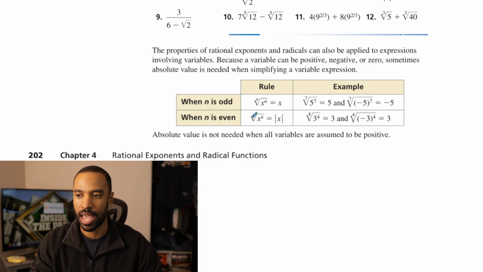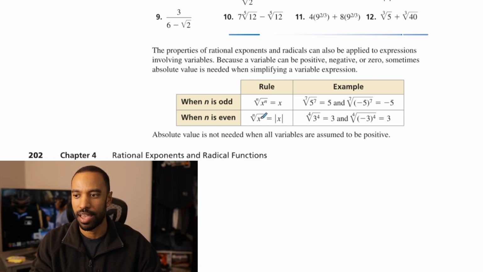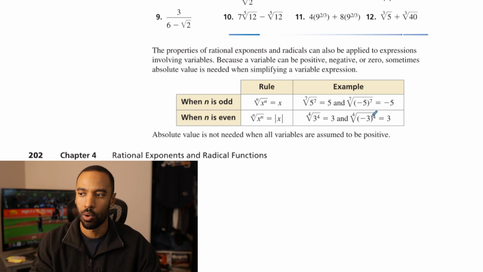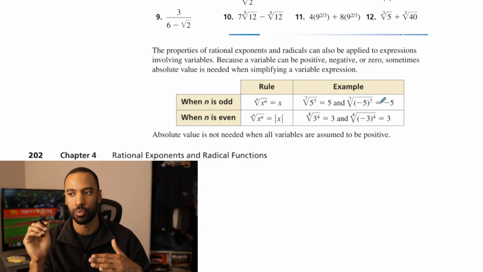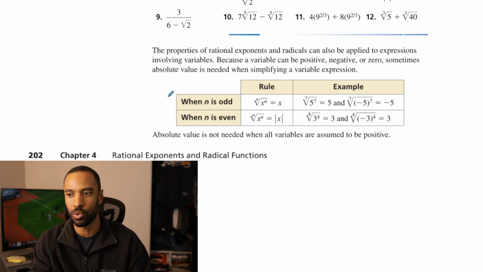However, in this case, when n is even, the nth root of x to the n power is the absolute value of x. Now, this is because whether we raise 3 to the 4th or negative 3 to the 4th, they both turn positive. And so when you then take that 4th root after that, you do indeed get 3. So you have to understand that,